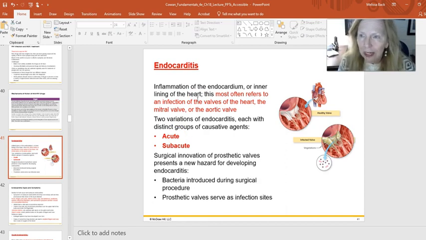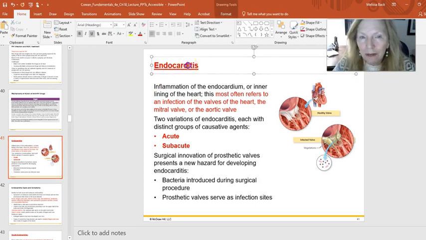So endocarditis is our next one we're going to talk about. This would refer to inflammation. Itis means inflammation of the endocardium, the inner lining of the chambers of the heart, which includes these valves. So this can either be acute or subacute. Acute would suggest that the symptoms come on rapidly and they're pretty serious. Both of these are serious, but anyway, that's how the symptoms occur. Where subacute is more of a chronic, subclinical kind of presentation, but again, both of these are serious infections.